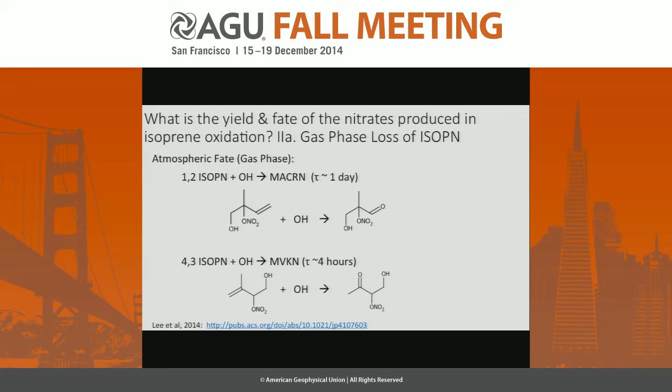First thing we've done in our lab, and this is a collaboration with Ron Cohen's group, Lance Lee came to our laboratory, and we measured the rates at which these are converted first to the carbonyl nitrates, the C4 nitrates. So OH essentially reacts with these nitrates quite quickly, and they end up being converted into these carbonyl nitrates. And the time constants here I want you to look at, of order 1 day for what we think is the major one, and of order about 4 hours for this other nitrate. So they're actually quite quickly converted from these C5 nitrates to the C4 nitrates. That's the first thing we've learned in the lab.